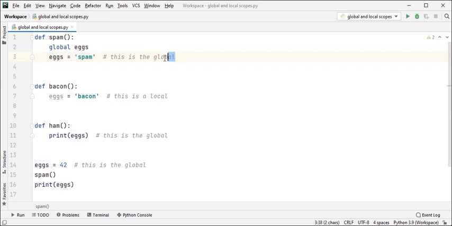So as you can see here, this is the global variable, but here I am not using the global keyword, I am just assigning a value back into it. So this x variable is a local variable, so this is the local, and in the ham function I am printing x, so I am not using any assignment operator here, so this is the global variable. And